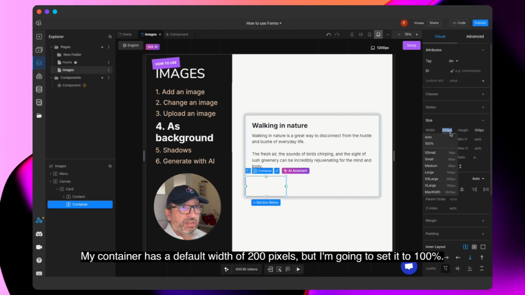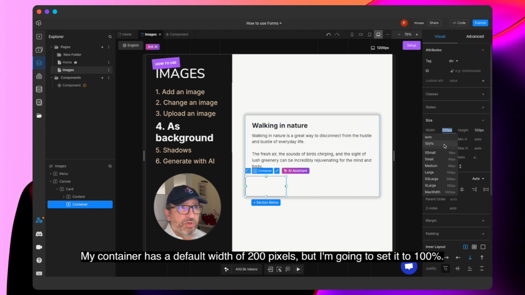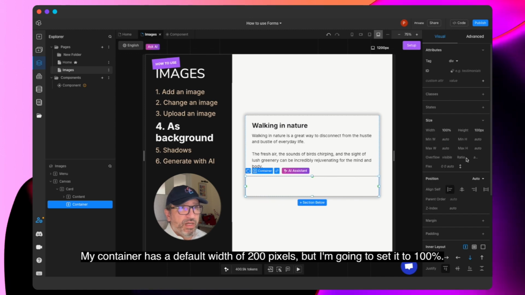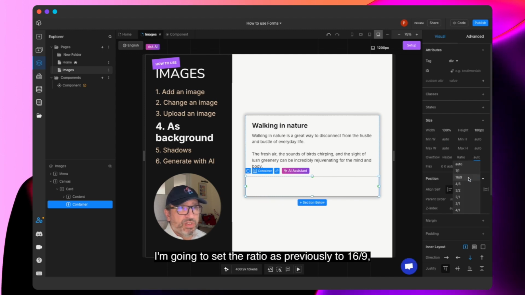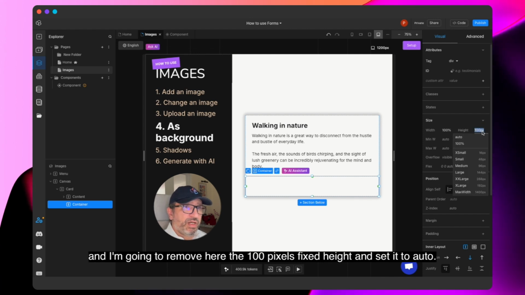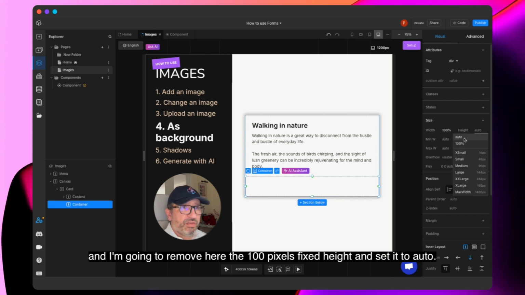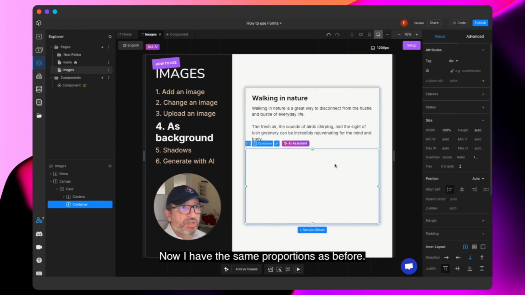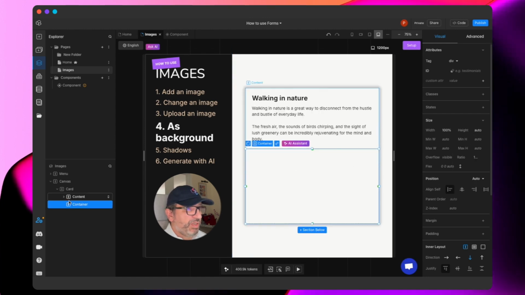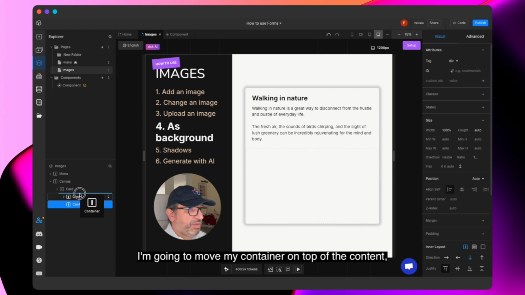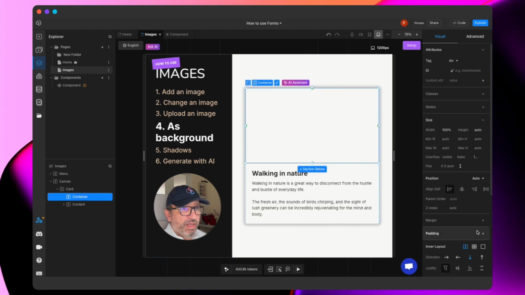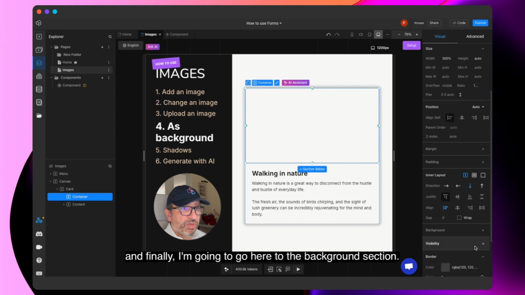My container has a default width of 200 pixels, but I'm going to set it to 100%. I'm going to set the ratio as previously to 16/9, and I'm going to remove here the 100 pixels fixed height and set it to auto. Now I have the same proportions as before. I'm going to move my container on top of the content, and finally I'm going to go here to the